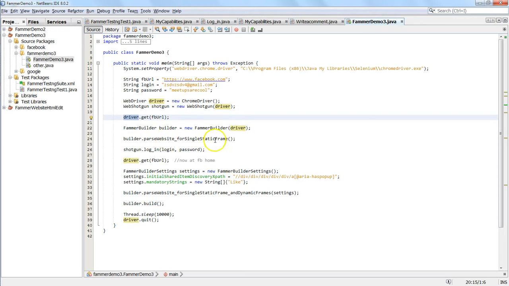And the first step, now that the driver is pointed to Facebook, the builder is now going to parse the initial static frame. This is a static frame because the builder distinguishes between static frames like your login page versus dynamic content, including a Facebook feed or a Twitter feed. So now that the login page has been encoded, or it's been parsed, our helper class is going to log